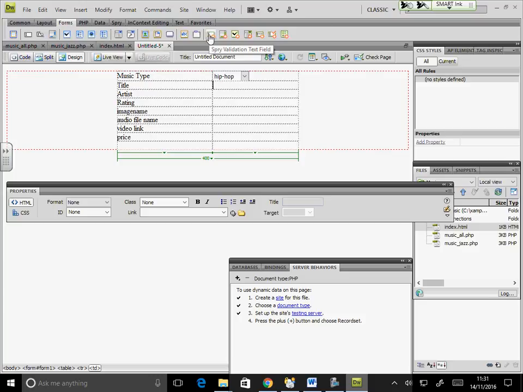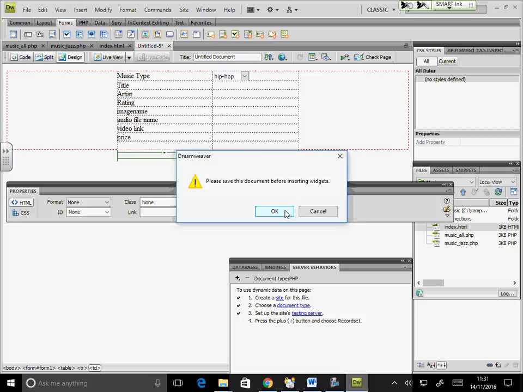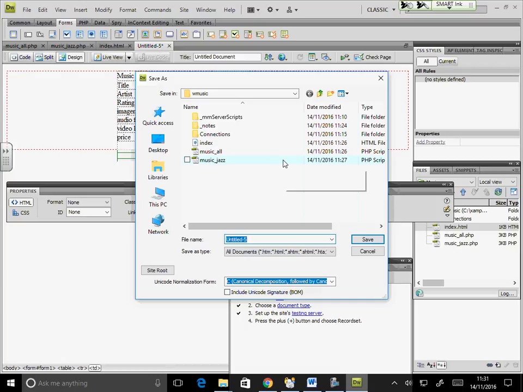So that's a Spry text field. That's normal text fields. These are Spry, right? So Spry has validations. Look, if I do here and okay, this wants me to save. Insert music. That's the file name.